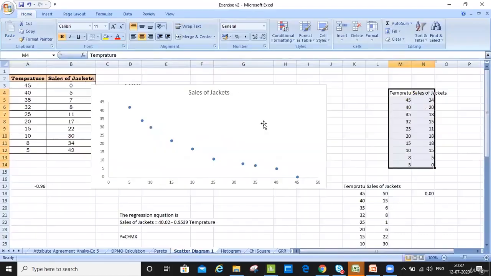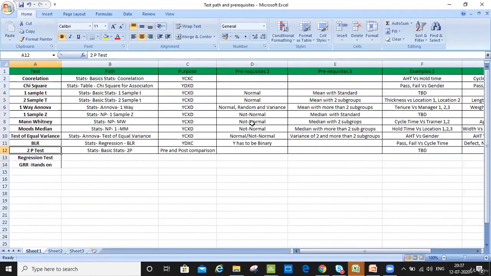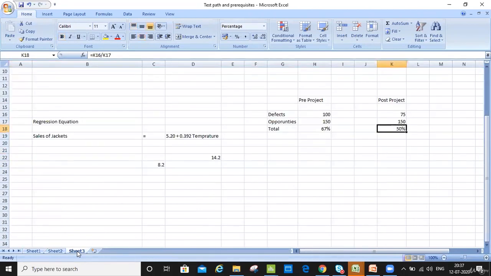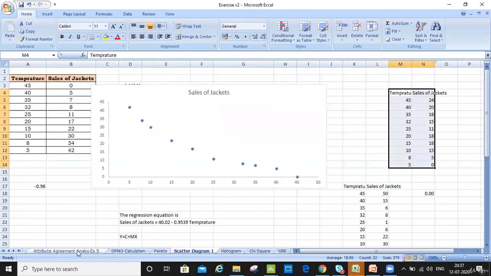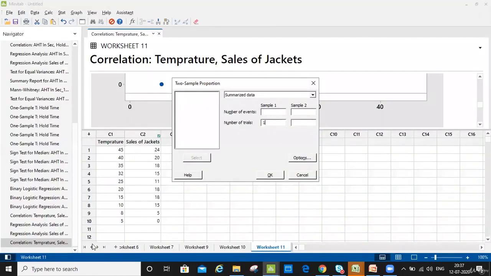So let's take the same example. 150, 100. So I have number of trials 150. It says sample 1, sample 2. This is pre, this is post. I have 100 defects, and in the post project, 75. Now I want to see whether